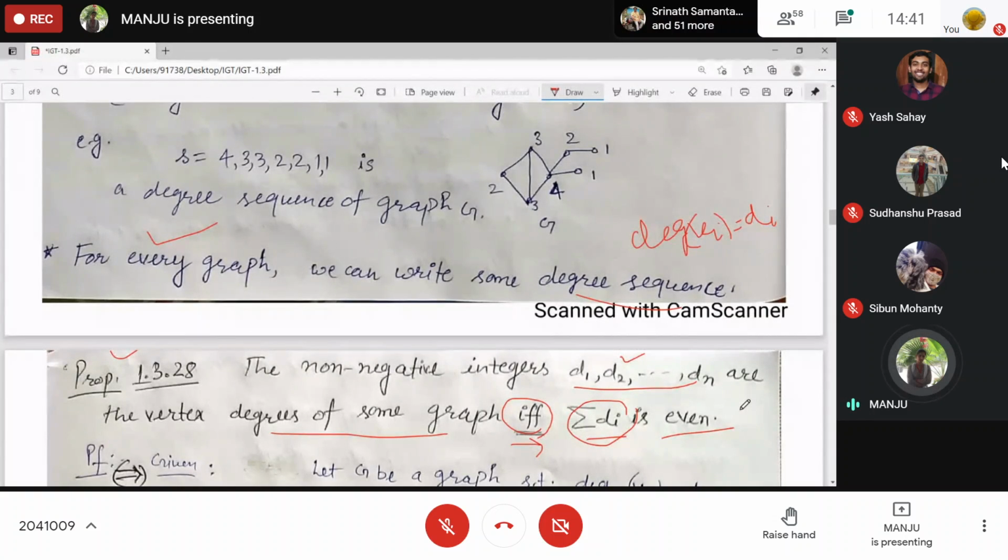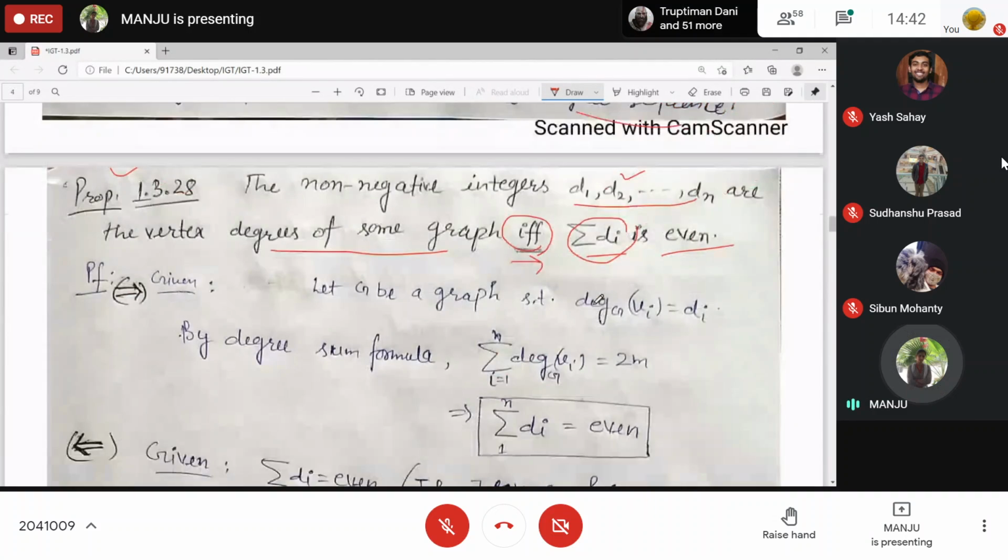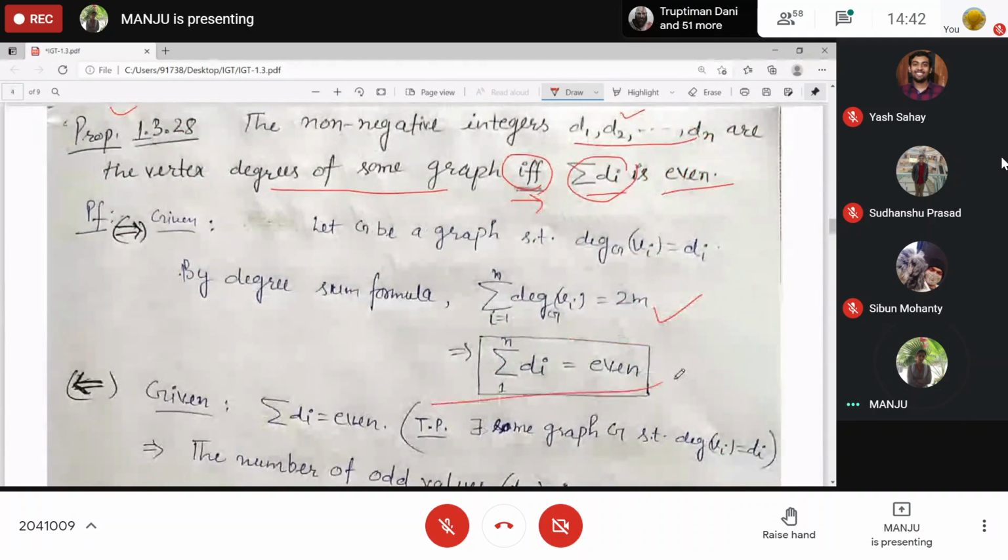Have you proved this? Yes, ma'am. We can prove it. Tell me. Ma'am, it will be 2 times the edges, 2m, and that is even, right? Yes, because the summation of degree of vi, that is the summation of di's, will be equal to 2m. Understood, everyone? Yes, ma'am.